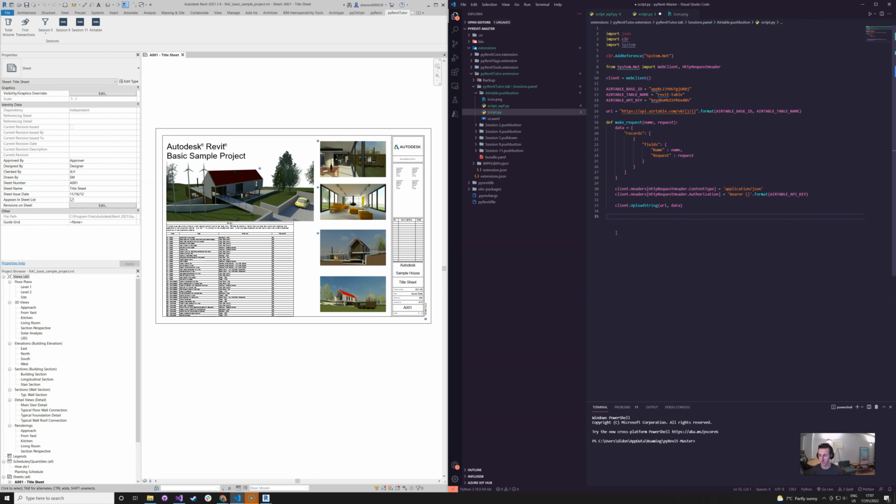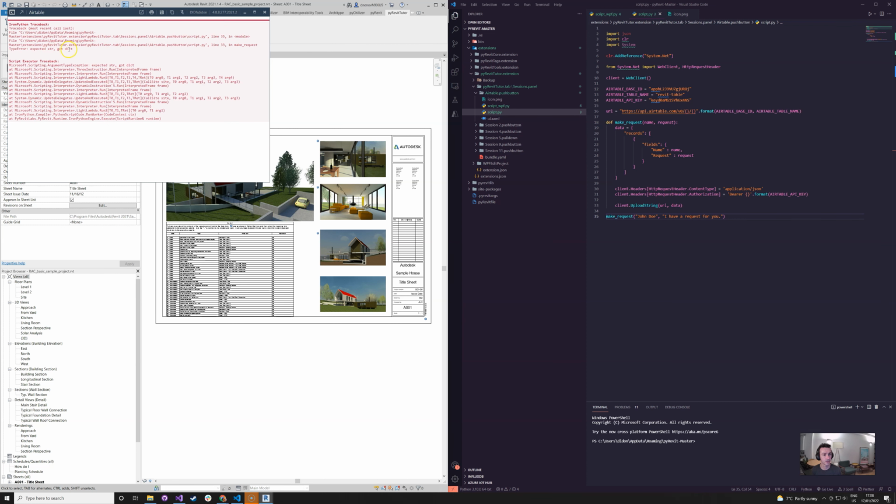We can give it a go. We can try to run this code. If we have some syntax errors, pyRevit would let us know. Nothing. I've been a good boy and it works great. Now let me make this request with some fake name, John Doe, and some fake request. I have a request for you. And now if we run this code,